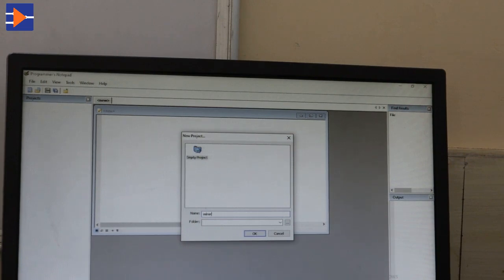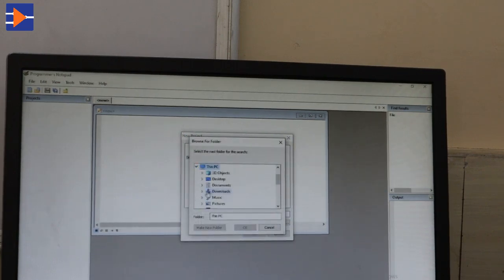This one is minor project 1, and I am going to create this project in directory D. I am making a new folder named T2P skills, and in T2P skills I am making one more folder named minor project 1, and then I am clicking OK.